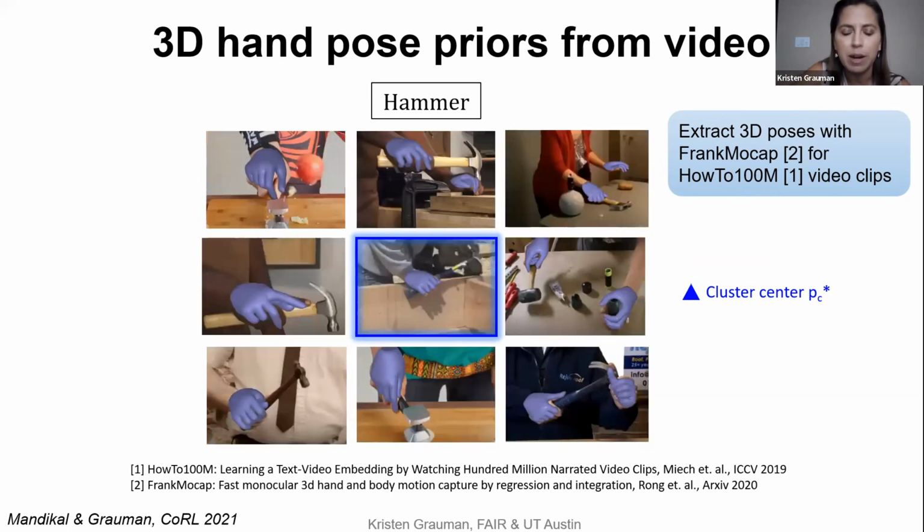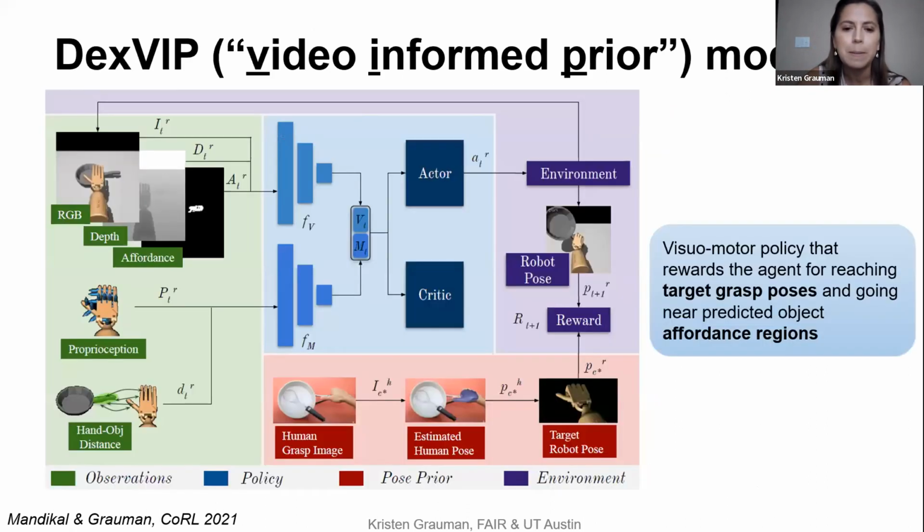We can do the same for any other object. Here are some hammer instances and the hand poses that were found. Okay, so now we have a visual prior. Imagine doing this for all sorts of objects in the video. And we build next a deep reinforcement learning network that is going to iterate between the agent seeing the RGB, the depth, the predicted affordance maps, like I was showing earlier. That's all on the left-hand side in green. And then receiving rewards as it does well at getting objects off the table.